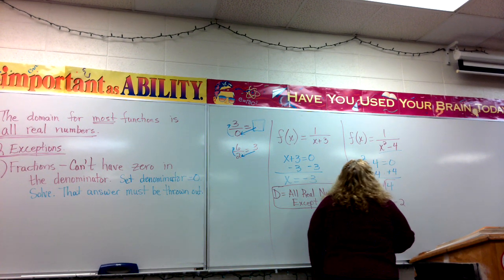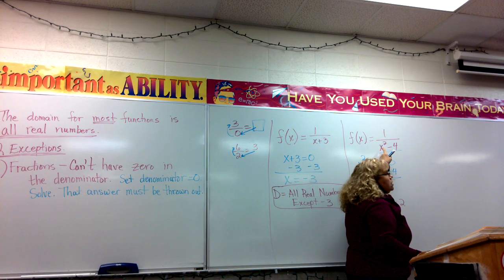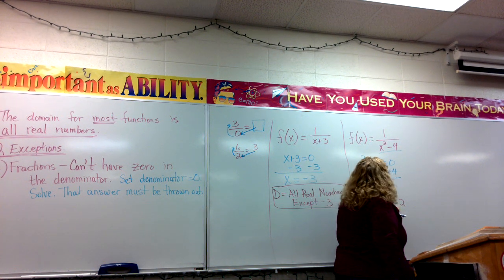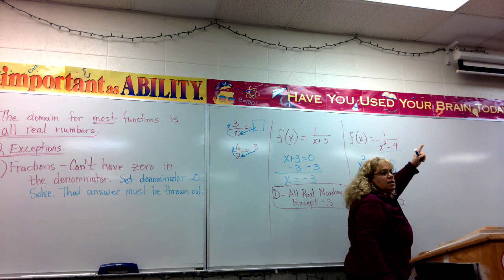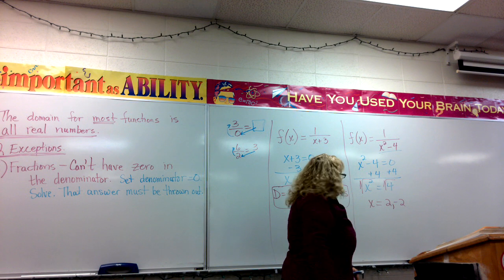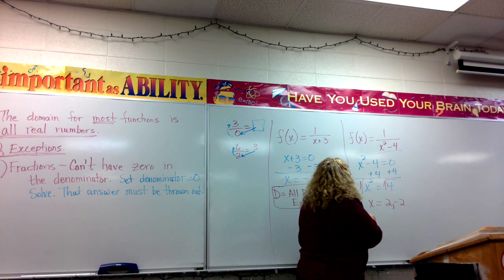Both of those. And both of those, if I put 2 here, 2 squared is 4. 4 take away 4 is 0. That's not allowed. If I put -2 there, -2 squared is 4. 4 take away 4 is 0. That's not allowed. So in this case, my domain,